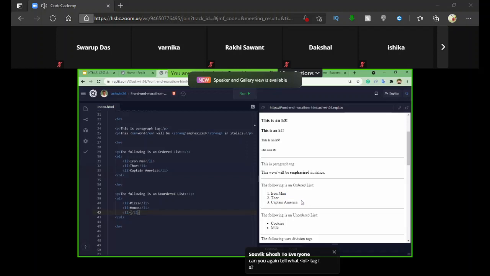So these list items should be declared inside this li tag. Li stands for list item. Okay. So that's what it is. So this entire element is called a list item. So we use these list tags to wrap the list items inside as content. Okay.